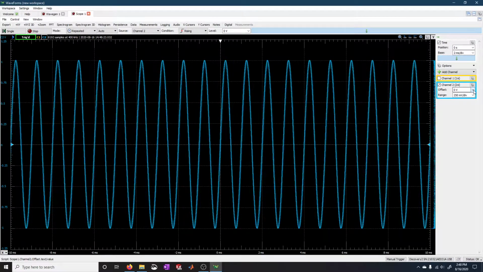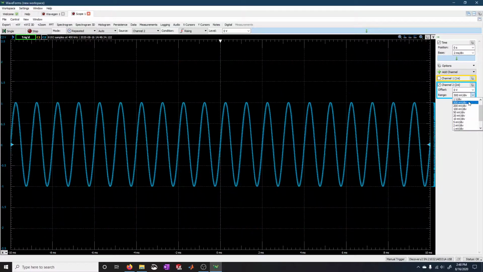The other thing you can do is change the offset. This works as you would expect, except it's typically in reverse when you're changing the offset for your channels. So I'm going to put this at 500 milliseconds per division, just so we can see what the offset does. If we change the offset to 1 volt,